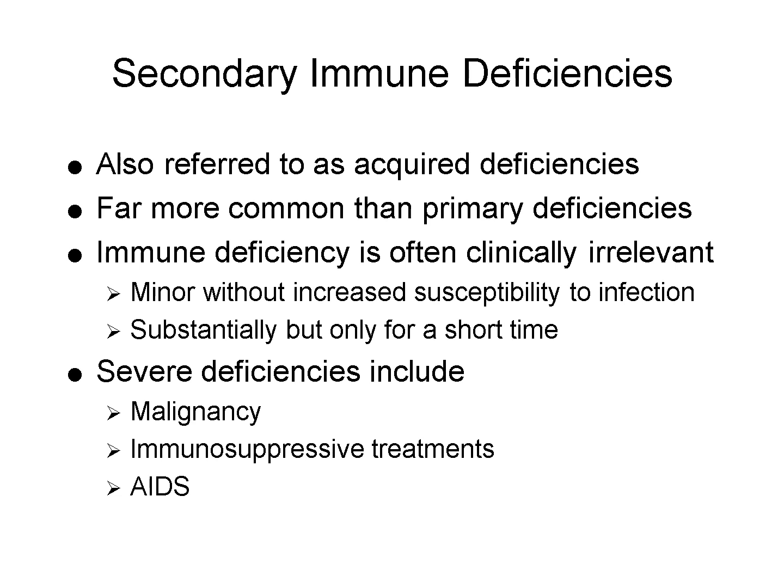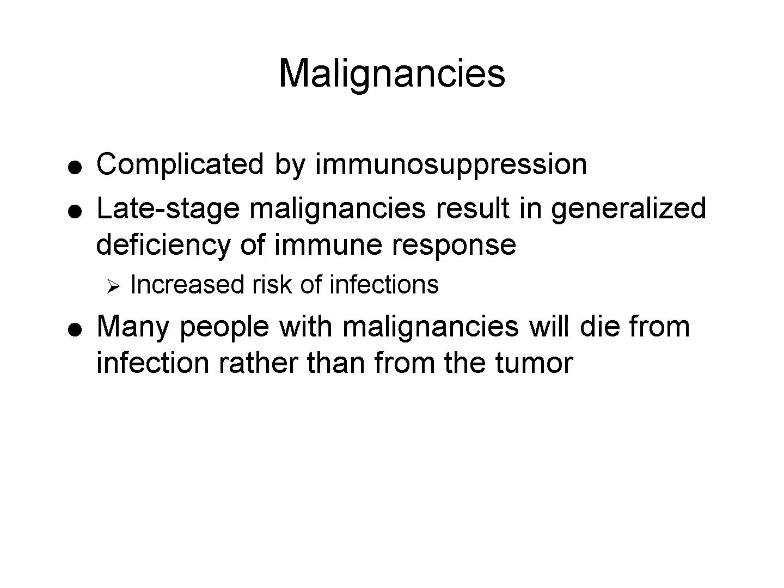Severe acquired deficiencies can occur with malignancies, immunosuppressive treatments, or advanced infections like AIDS. In malignancies, immune function is often suppressed, especially during late stages of cancer. Tumors can directly impair immune responses, and the treatments for cancer, such as chemotherapy and radiation, further damage immune cells. In fact, many cancer patients ultimately die from infections rather than from the tumor itself, highlighting the critical role of